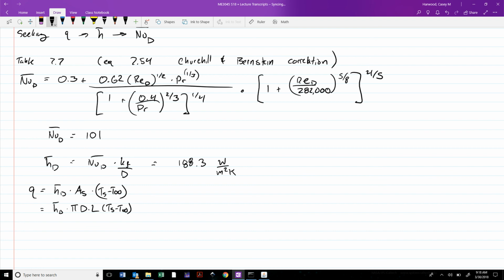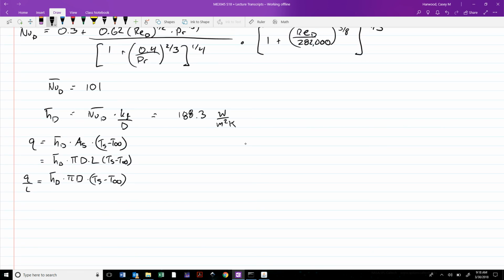Since we're looking for the heat rate per unit length, you can divide out that L and say Q over L equals h bar D times pi D times Ts minus T infinity,